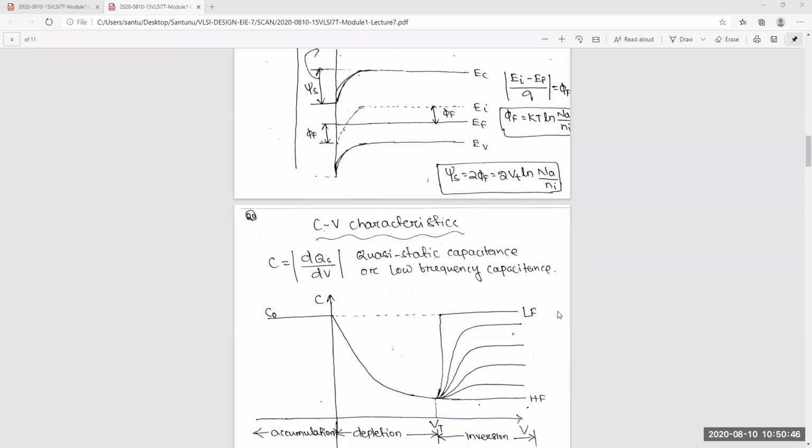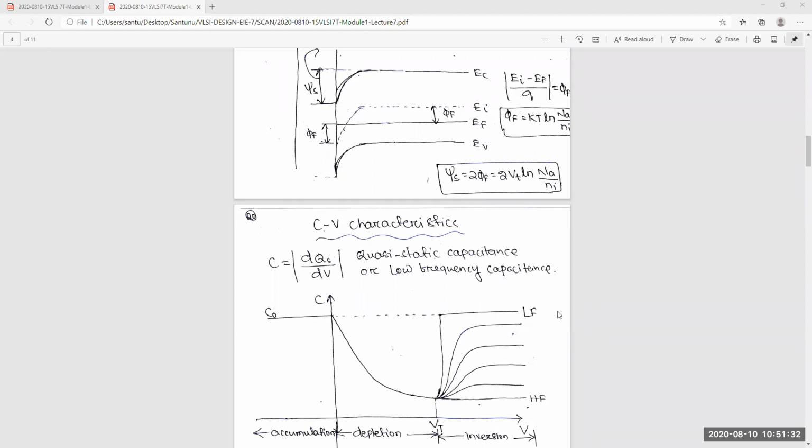So that's why your charges will add due to the ionized negative impurities, that means the acceptor impurities. So all the charges will add at the edge of the depletion region. That's why at high frequency your mobile electrons will not be added at the surface interface. They will be added at the edge of the depletion region, and the depletion region is constant. It will not increase. So that's why the capacitance is always constant at this minimum level.